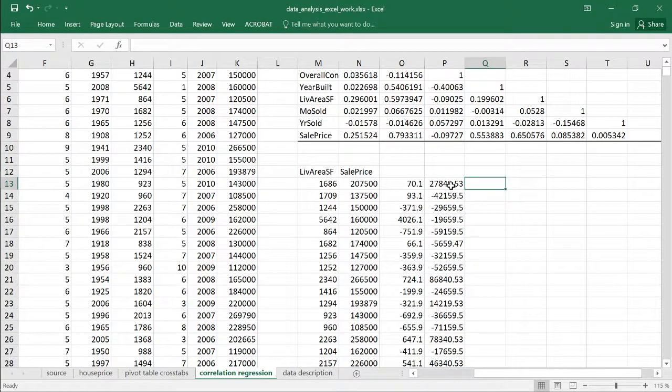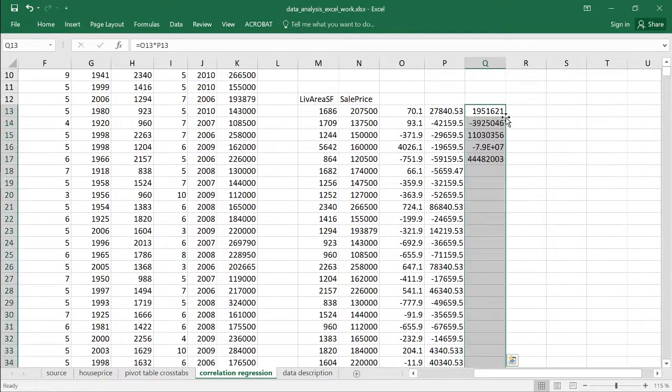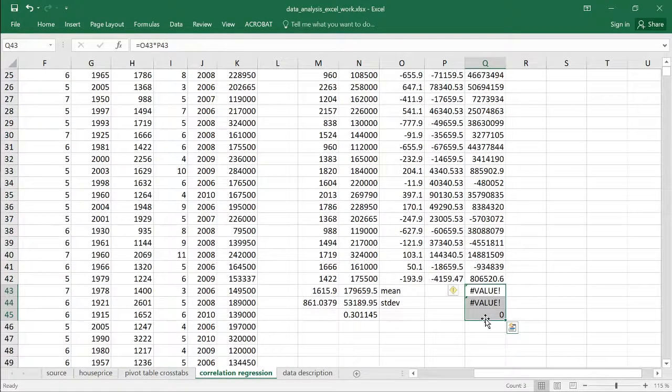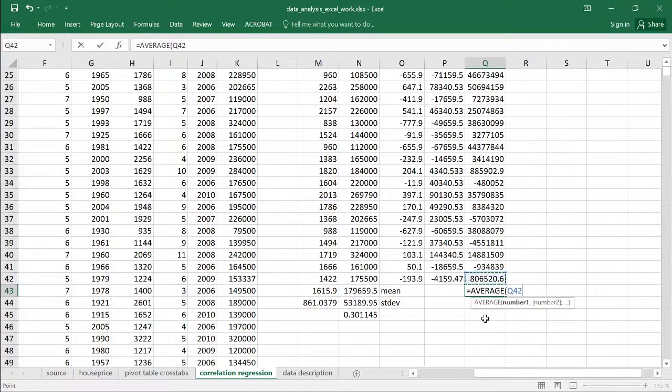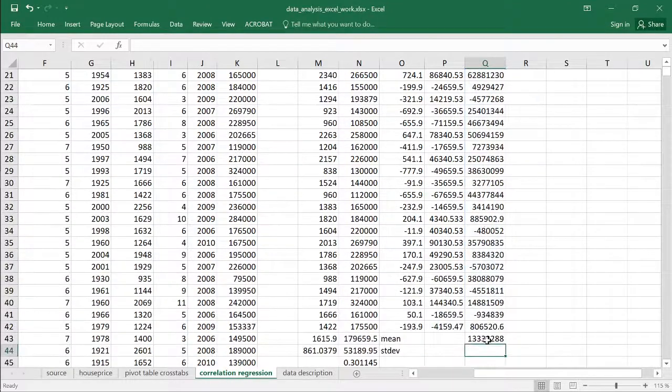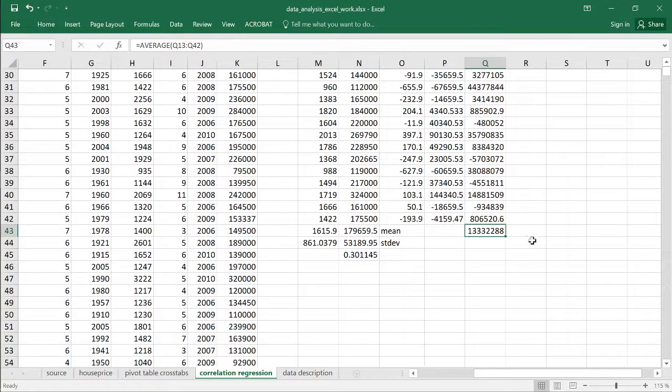Rather than being interested in just deviations from the mean standalone, we're actually interested in the commonalities in deviations from the mean. And for that purpose, we multiply the entries that we've just obtained. And if we would compute the average of these numbers now, this would be called a covariance. So the product of deviations from the mean. And similar to the variance,